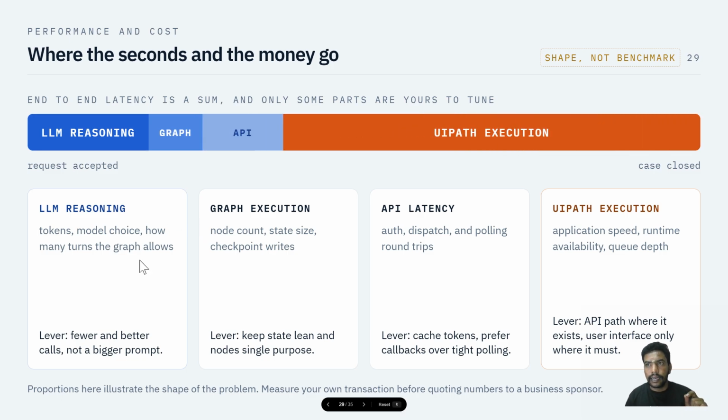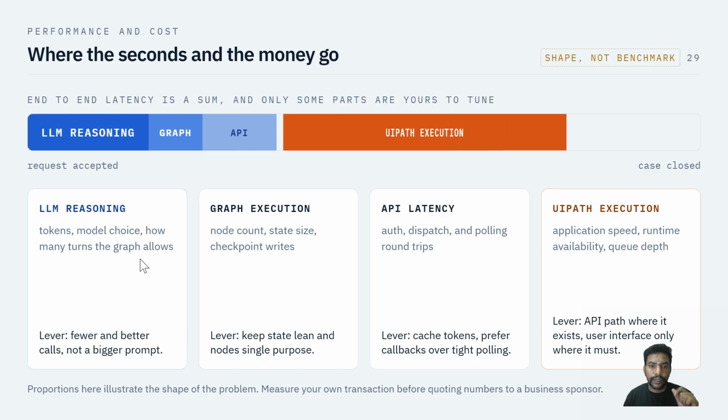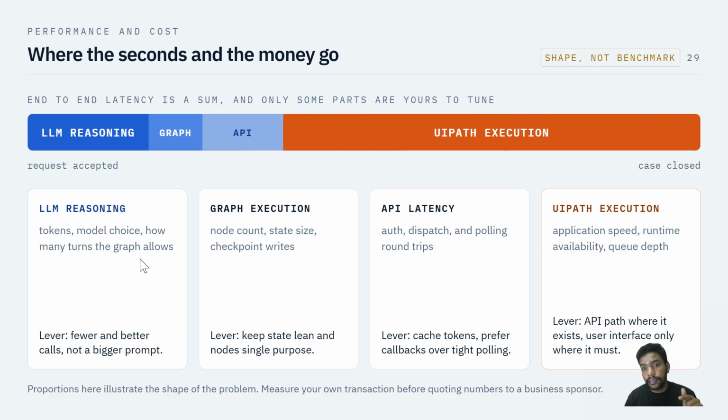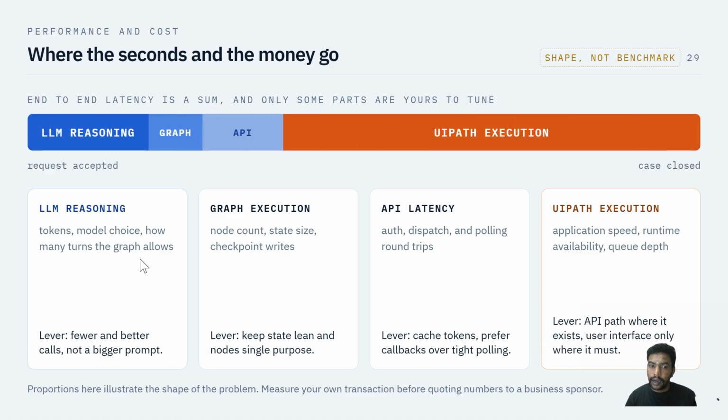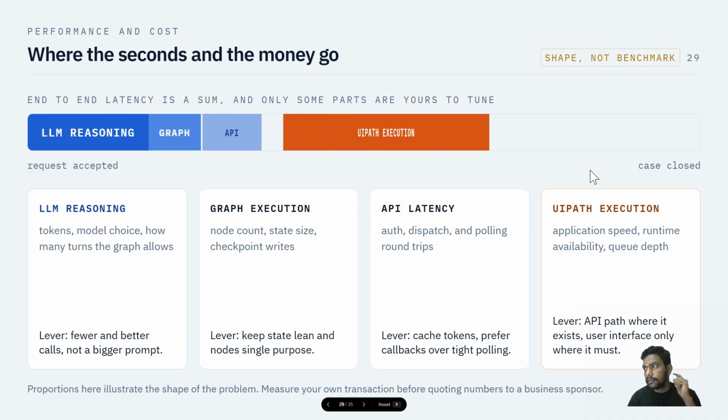The graph is lean, with state and single-purpose nodes, because checkpoint writes are not free. The API is catching tokens and preferring callbacks over a tight polling loop. Okay. And the biggest sits on the right, you will see